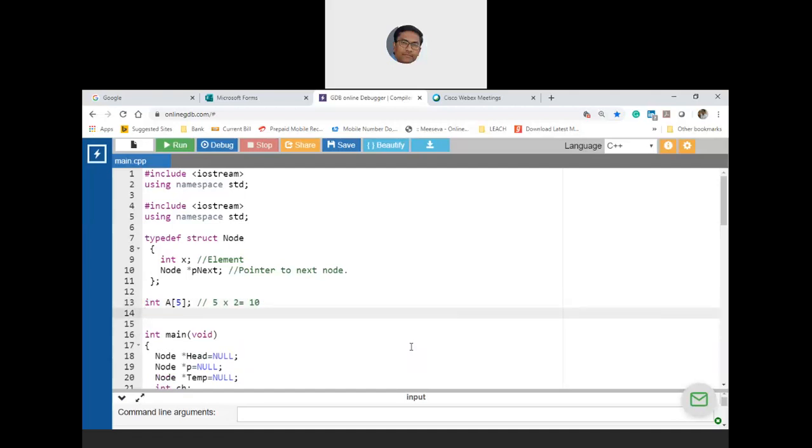On the other hand, if I implement this with a singly linked list, with 5 nodes, then the amount of memory you are demanding is 5 times the discrete node size. Each node will take 4 bytes, 2 plus 2, so this turns out to be 20. So in that case, how do you claim that a singly linked list is better?